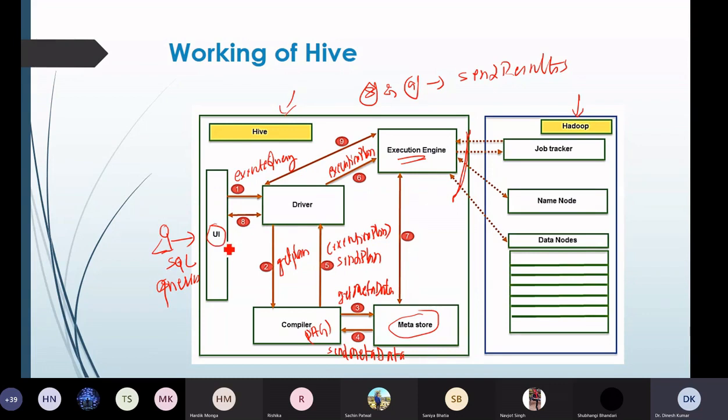So the execution engine sends it to the driver, and then the driver will send it to the user interface, right? So this is how the process is done. So this is the jobs which are there. The seventh one is submit jobs to map reduce.